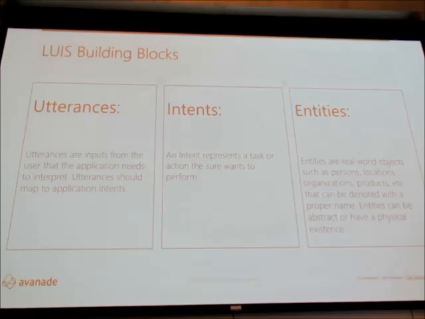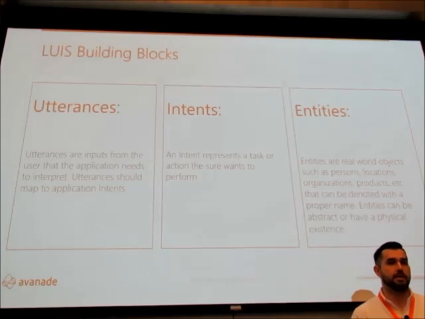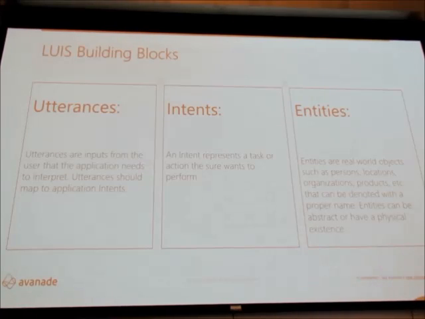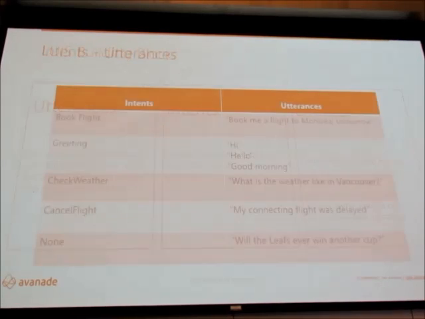So book a flight could be an intent, and we can expect to have input parameters like date, the from destination, the to destination. We have entities, and entities are physical, real-world objects and data points that we want our model to consume. So if I say, book me a flight from Cairo to Paris, I'm expecting my entities to be Cairo, Paris as a location. I'm expecting my book a flight intent to pop up. Basically, I give my model utterances, and I expect the right intents to fire. And we'll go into these in specifics.